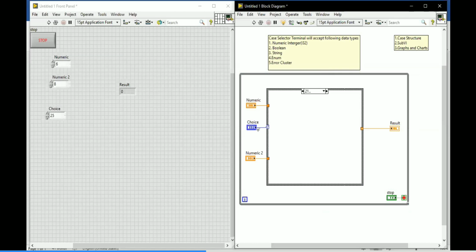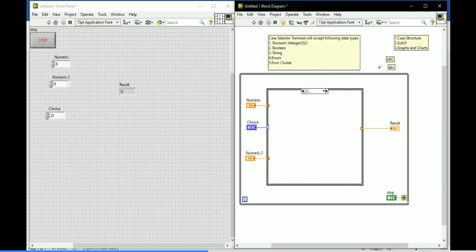You can connect a string value also, and perform the same thing with a string, but here the string characters will be used. You have to enter exactly what you are matching in the case label. Suppose the case label is lowercase abc but your input is uppercase ABC, then it will not execute the proper case. So whenever dealing with strings, case sensitivity is very important, okay. Kindly remember that.